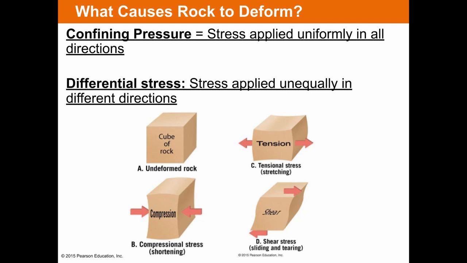And then D, that cartoon D, shows a shear stress, where a combination of B and C tear or slide the rock apart. These are different things you can do to rock, and of course, all these examples could be different angles, could be different amounts, not always equal. But this basic concept of push, pull, or push and pull define the different ways that a rock can deform